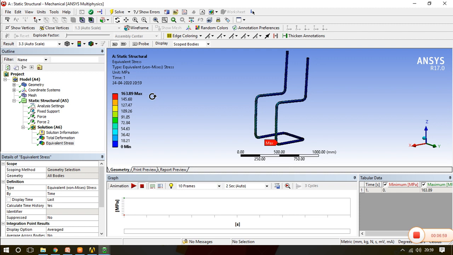And now if we want to test it for 100 kg, we can apply the 100 kg load on it, and if it fails then we need to improve or increase the cross-sectional area of the object. So in this way we have simulated both the things, total deformation and the stress also. For the IGS file, you can check the description where I can leave the IGS file for this particular object, or you can create your own using any 3D modeling, taking any dimension or any standard dimension of the chair.